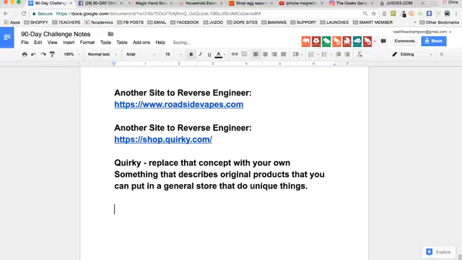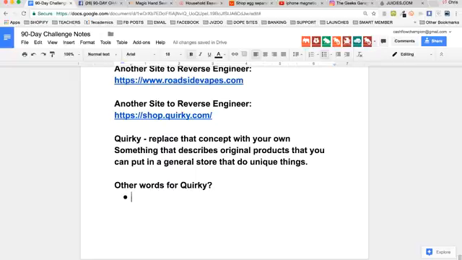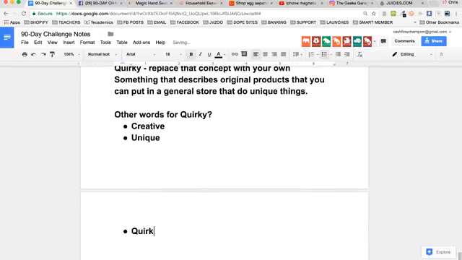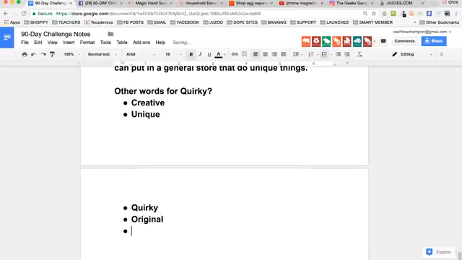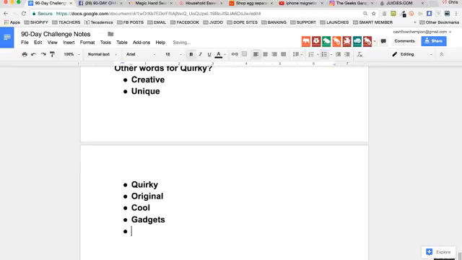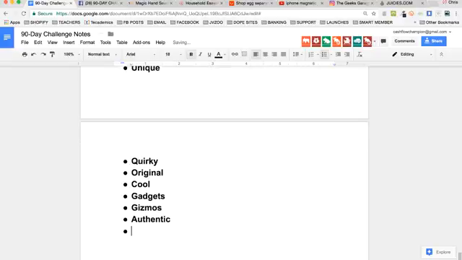So for other words for Quirky, you could use a thesaurus or whatever. You're really looking for creative, unique, quirky, original, cool, gadgets, gizmos, authentic,